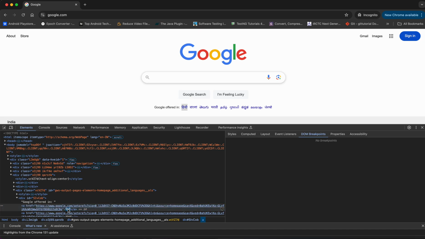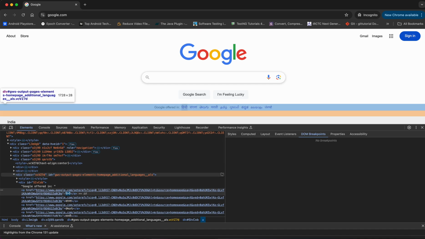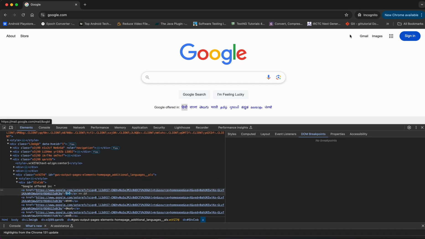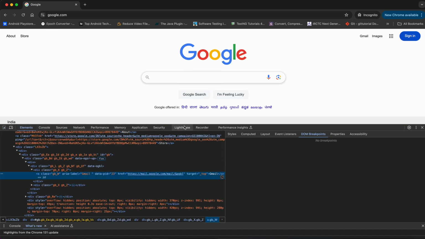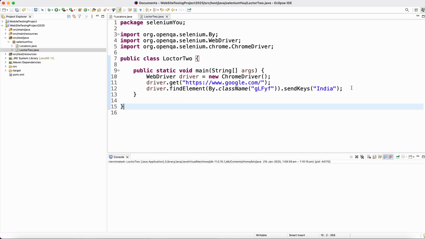Hindi is like that, so okay, Gmail. This is also a link text. Here I can see that in the a tag Gmail is there. So let me copy Gmail and go to the code, and here we can write driver dot find element by